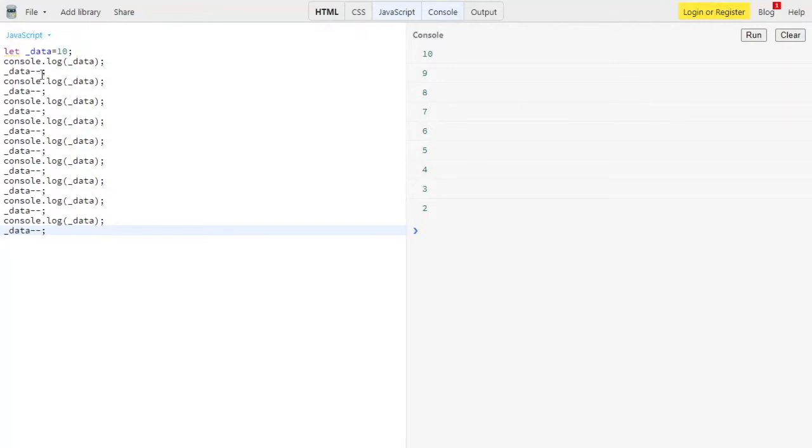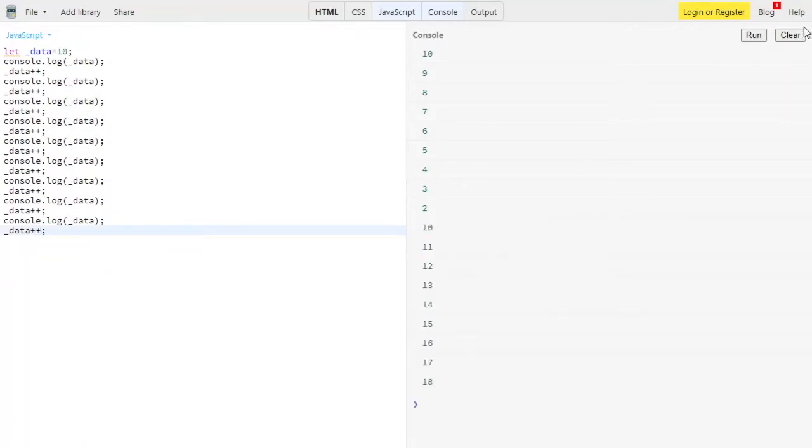So the minus minus sign is termed a decrement operator, and we also have an increment operator over here, which is nothing but plus plus. As you can see, now the value will increment. Okay, control Z. Control enter.